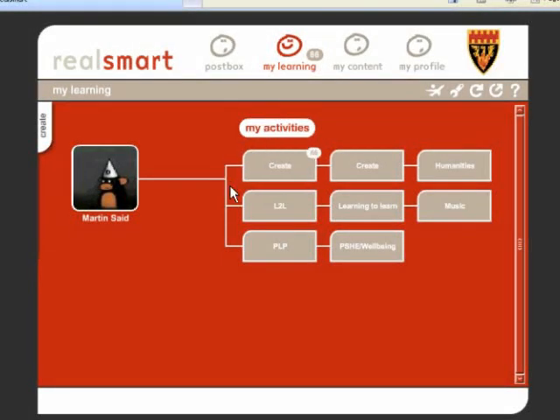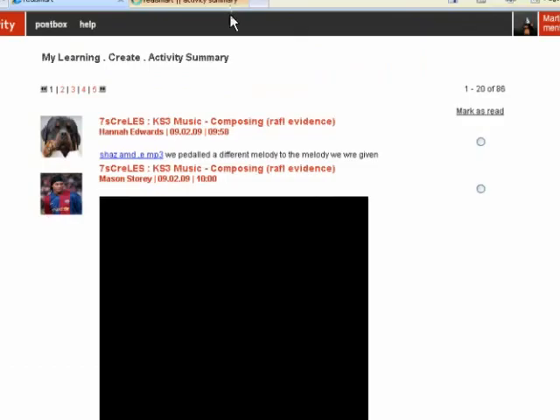Hi, I'm just going to show you how we use RealSmart for students to store their work and upload evidence, and how we would give feedback on that. So, for example, today I've had 2 Create lessons, and in those 2 lessons 86 pieces of evidence have been uploaded for me to look at. So I can click on this button here and just have a look at the pieces of evidence